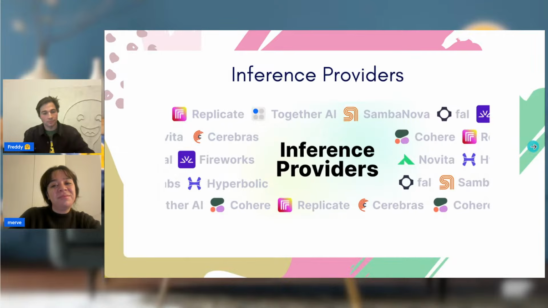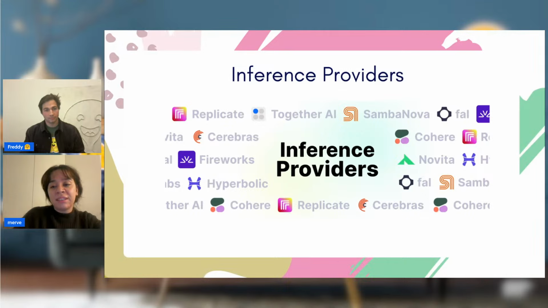So coming to inference providers, it's a solution where you can just choose any inference provider through the same interface. For instance, you have Hugging Face Pro and you have Hugging Face inference providers credits.